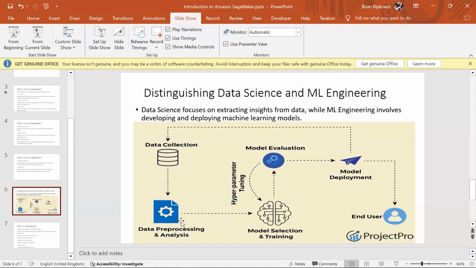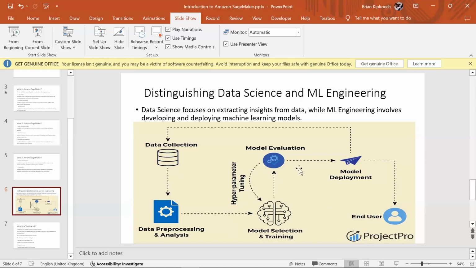Once you've made sure that there are no missing values and you've encoded categorical columns, the next step is to select the model that you'll use and train the model. To train the model, you'll need some data to train it, and you'll also need to evaluate your model using some data. So you'll need to split your data into training and test set. The training set is what you'll use to train your model, and the test set is what you'll use to evaluate your model. After model evaluation, you're going to select the best parameters to tune your model and make it perform better. That is the hyperparameter tuning step.